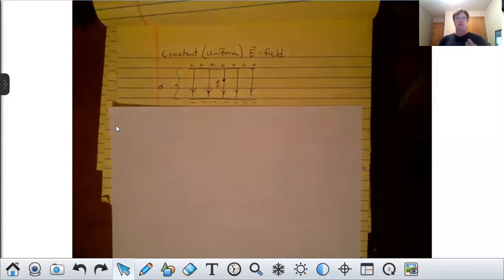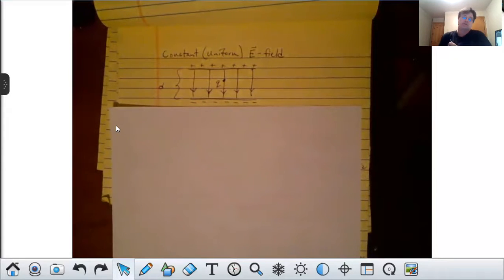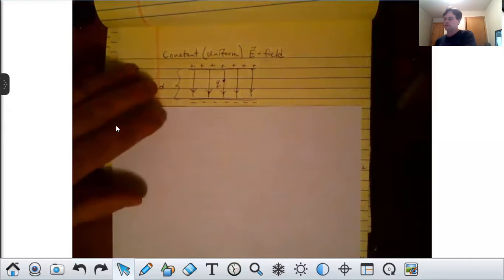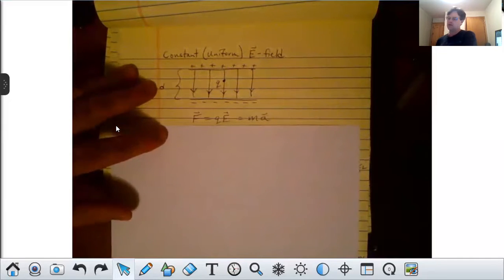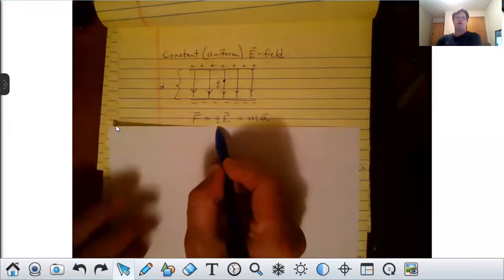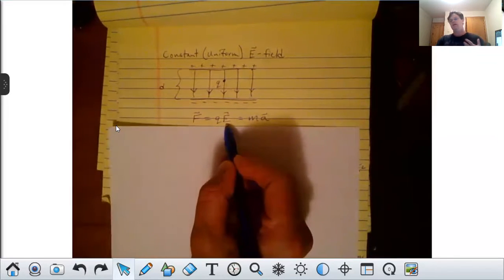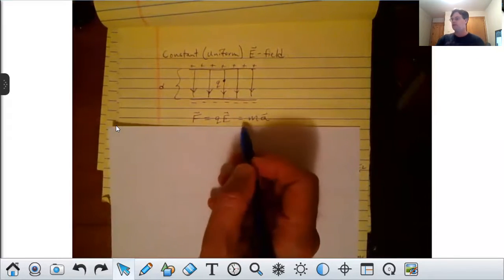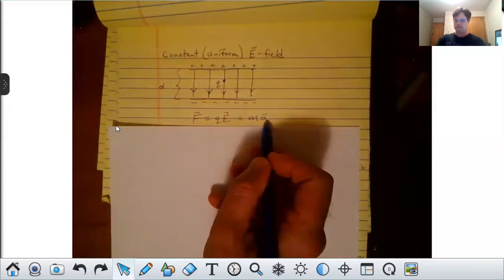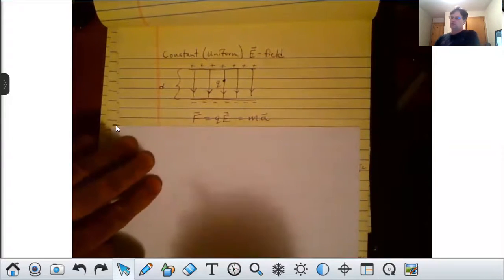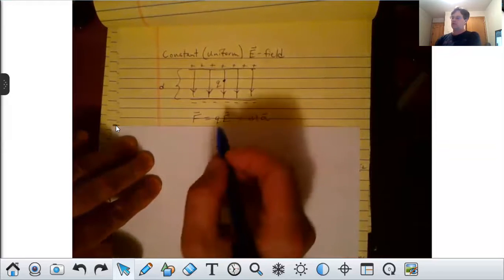So a lot of times, especially if you have an electron or a proton, which are pretty light, actually very light, you can neglect gravity. So in this case, we're going to assume the only force is due to that electric field. In that case, the force we can calculate is the charge times the electric field. And since there are no other forces, we can set that equal to mass times acceleration. Since it is a constant or uniform field,